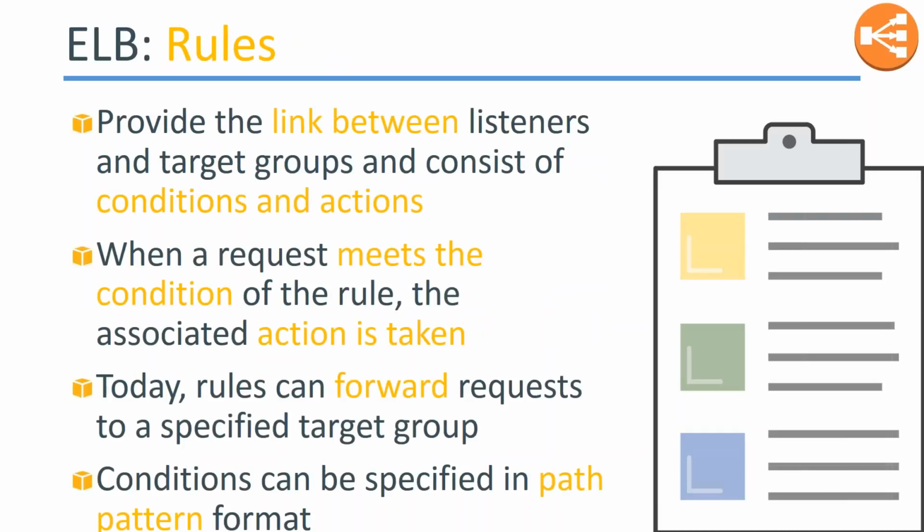So rules are a link between your listeners and the target groups. Say there is a URL and a number of application servers or web servers that you set up in the background. The rule is the identity that will link these two, and whenever the condition is met by the load balancer, there's a tiny amount of processing happening. A URL comes in, the load balancer looks at the URL and sees whether there is any rule matching this particular URL, and if it is matching, then it will send it to the appropriate target